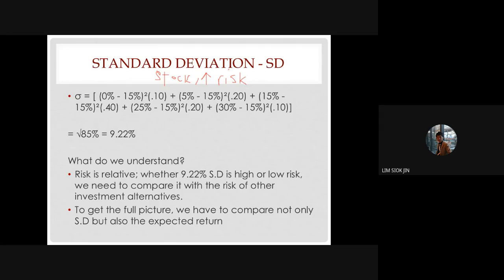So actually there is a formula to calculate. Okay, what is the formula? The formula is using sigma. This sign here is sigma. Sigma is also called standard deviation. Okay, standard deviation. What is the formula? The formula is, okay, the formula is square root of the sum of, okay, the sum of probability,